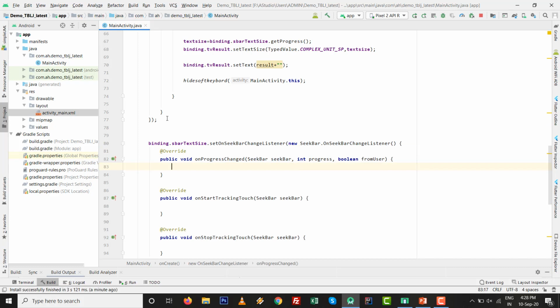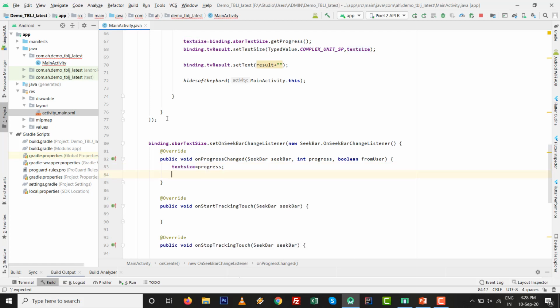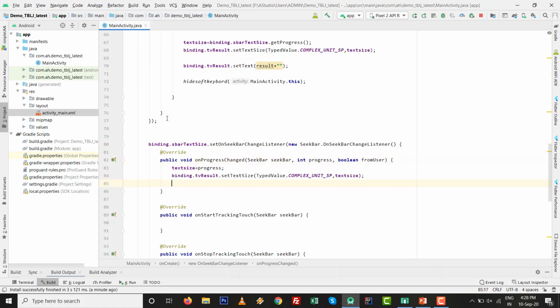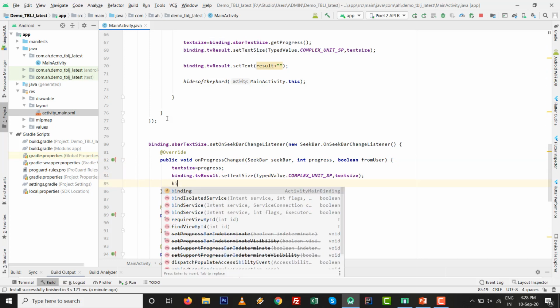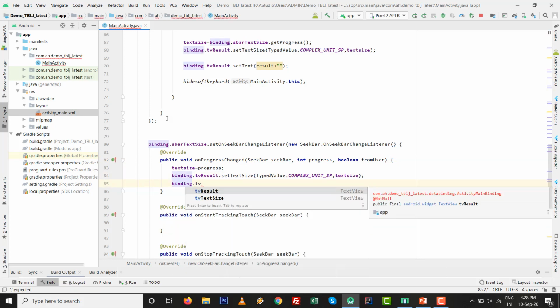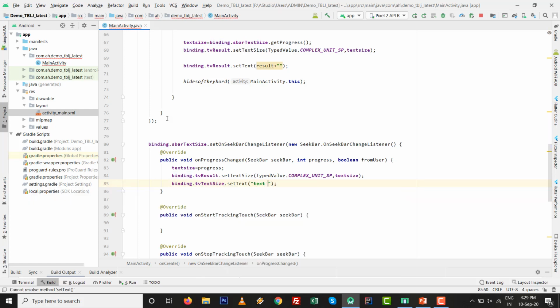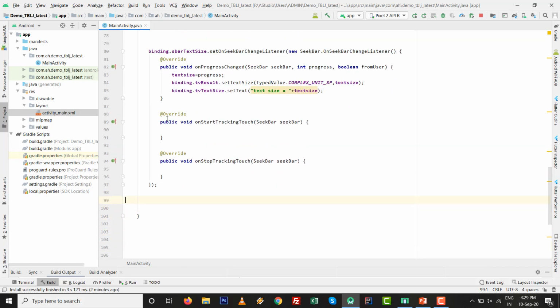So inside the onProgress, we need to type text size equals progress, and what are the two lines we have written, likewise this one text size, but after that we also need to write this one. So one more line, binding dot TV text size is there. I want to set text size, and text size equals plus whatever the text size is there. So accordingly it will be set inside the text view.